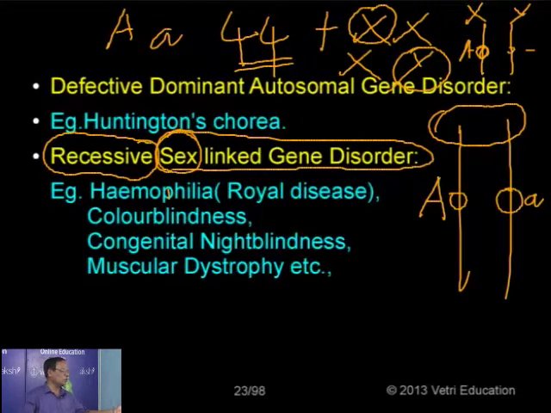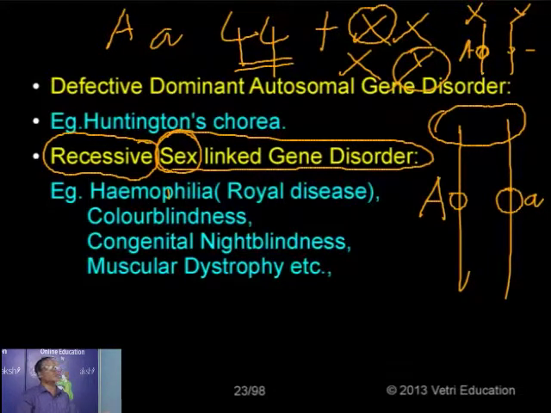Such a condition is called color blindness. This is also because of one recessive gene localized in the X chromosome, the one responsible for the formation of some pigments in the retina of the eye, just to perceive the three major colors: red, green and blue. So the person is unable to differentiate the three major colors.